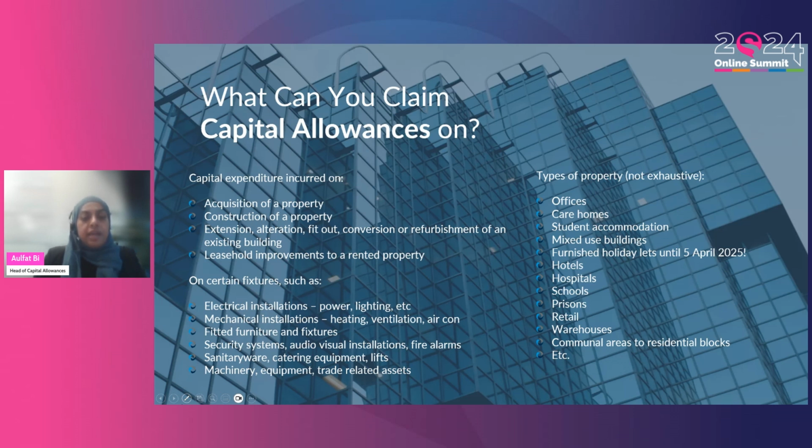You can get capital allowances, as mentioned, on certain fixtures. So they are typically your mechanical and electrical installation, so your lighting, wiring, power, heating, ventilation, aircon, and so forth, but also on your fitted fixtures and fittings. So things like your sanitary ware, your kitchen fittings, if you've got any shelving, etc. As I said, it's quite wide ranging and there is a lot of case law in terms of what can qualify. Sometimes things might qualify in one scenario or one type of building, but they won't in another.